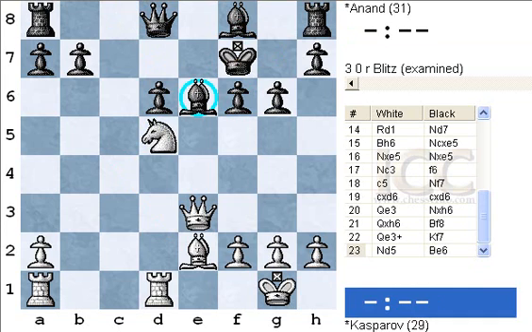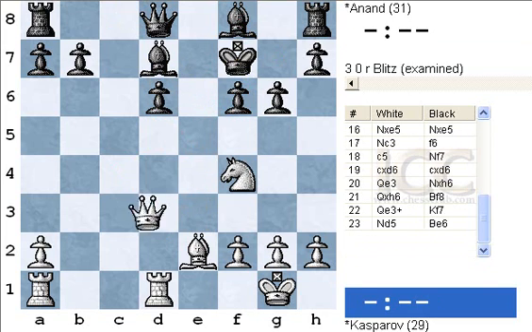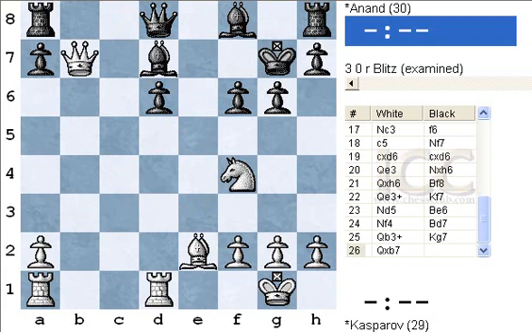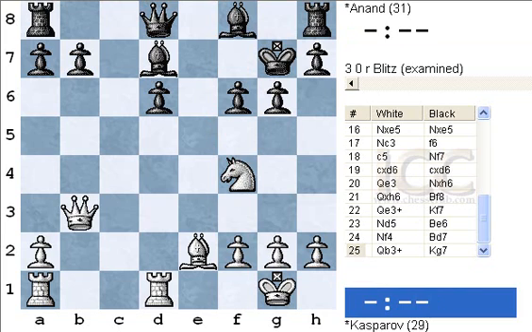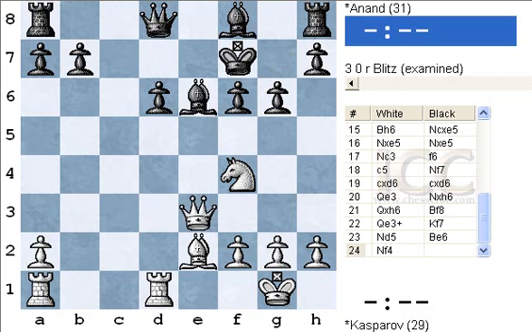Kasparov played knight f4. After bishop d7, white is just winning back the pawn and still keeping a great attack, intending knight a6. At least. What else? After knight f4,